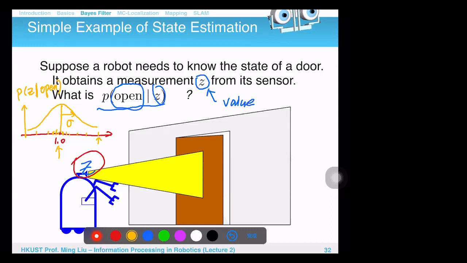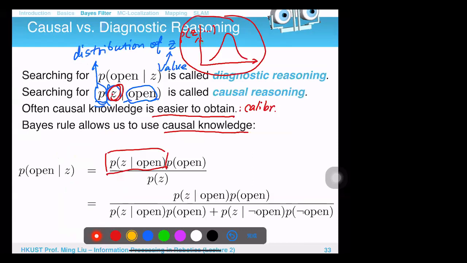That's the idea I want to get. And that distribution, we copy the previous page to here. That distribution is easy. Right? This is easy. This is easy. And another thing is the so-called